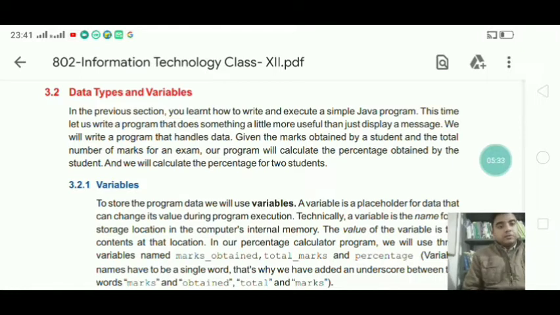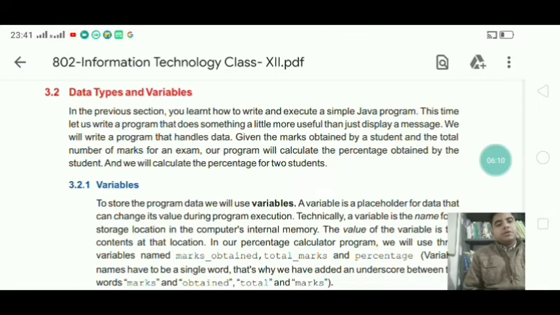And one good practice is to use a meaningful name whenever you are creating variable, so that it is easy to understand for what purpose you are using the variable. This is not a strict rule, but you should follow it so that anyone can understand easily.